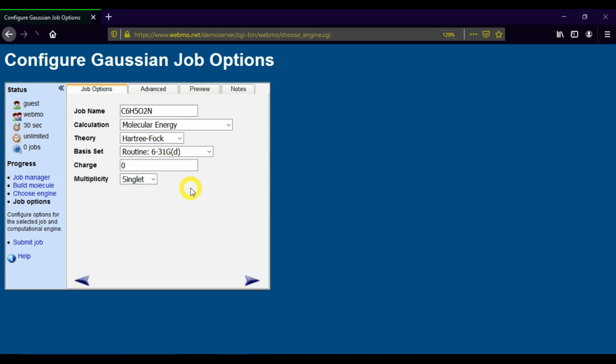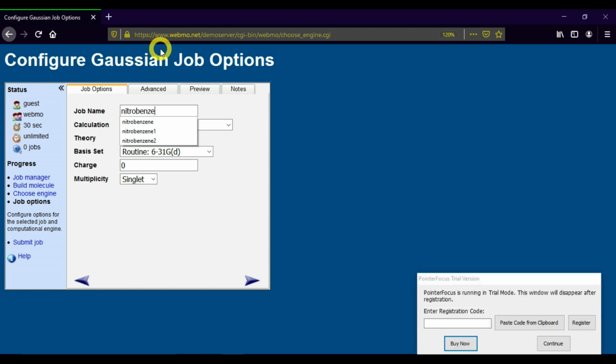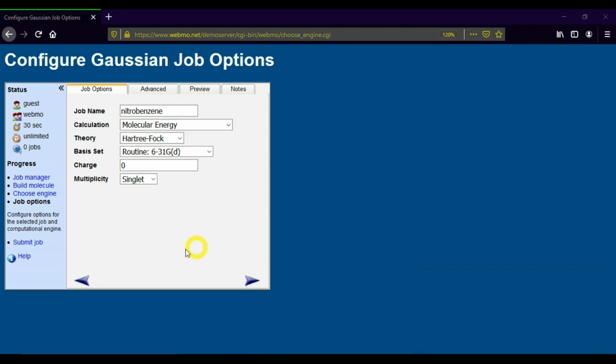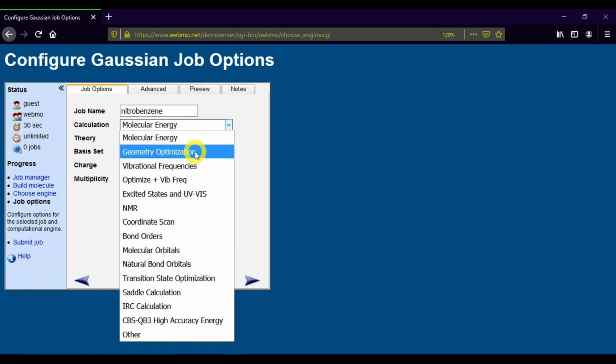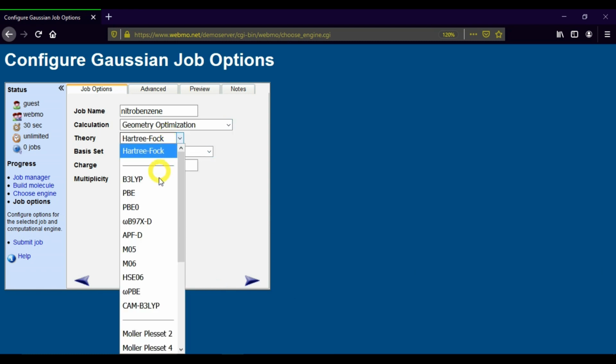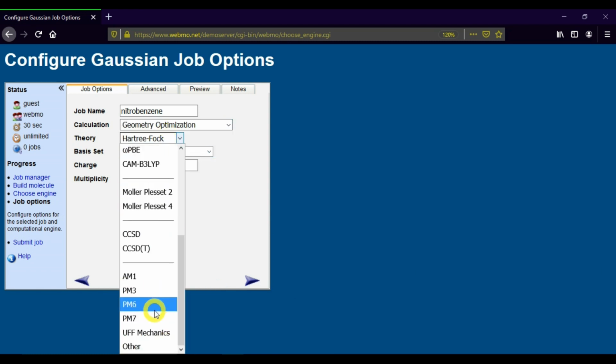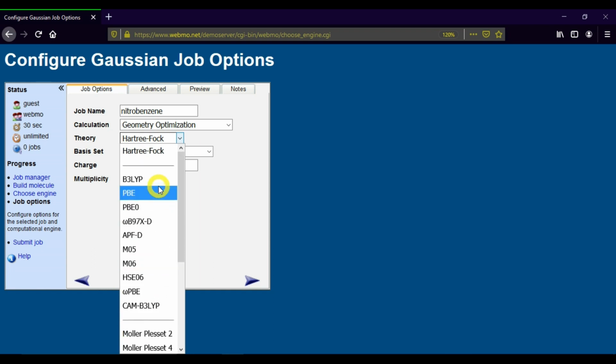Then enter your job details here, and I named it nitrobenzene. First, we want to optimize the molecule, so I select the calculation as geometry optimization. Many theories are available here like PM6 and PM7, which are semi-empirical calculations, so we don't take them for this calculation.